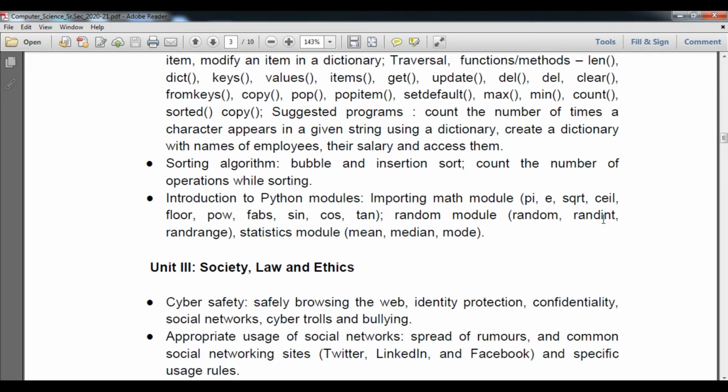Student, in this video we are going to learn how to solve the problem based on random, randint and randrange functions. The question may arise in your term exam as well as your class 12 board exam. They are interchangeable, so we are going to consider the example of the randrange function.